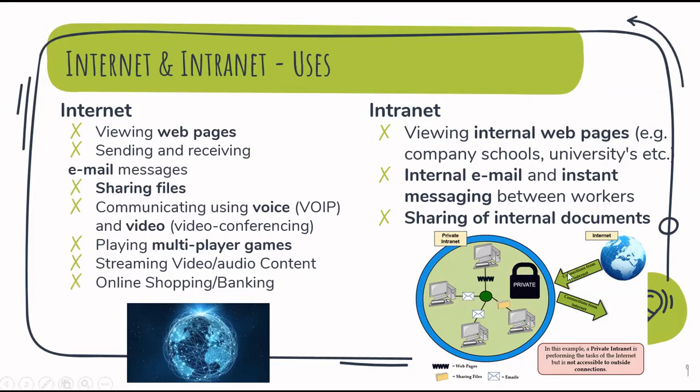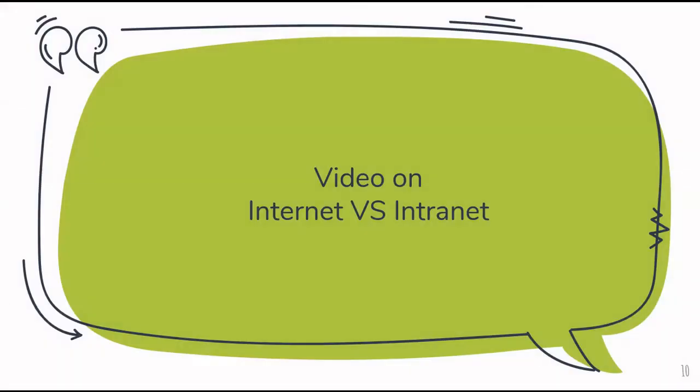be shared as well. As you can see from this picture, the internet is global, anyone can connect to it. It is less reliable in terms of the data or information it has. The intranet is private, it is within an organization or school or university, and it can connect to the internet to get content, and this circle you see around it is the security layer, and this keeps your intranet more secure and private.